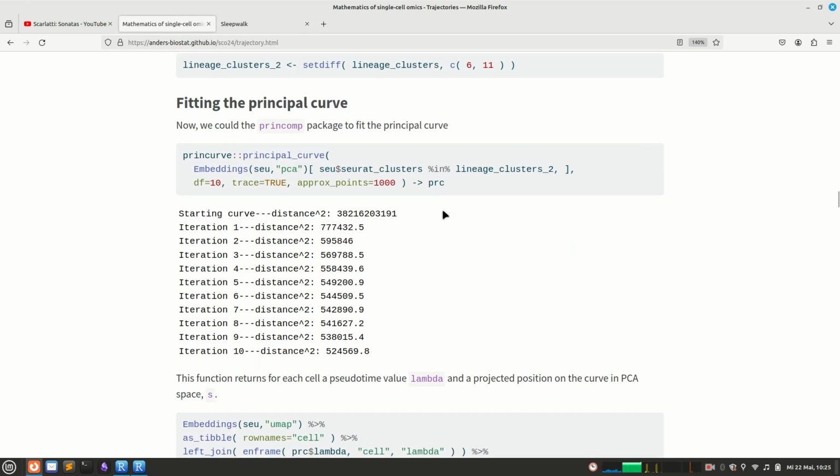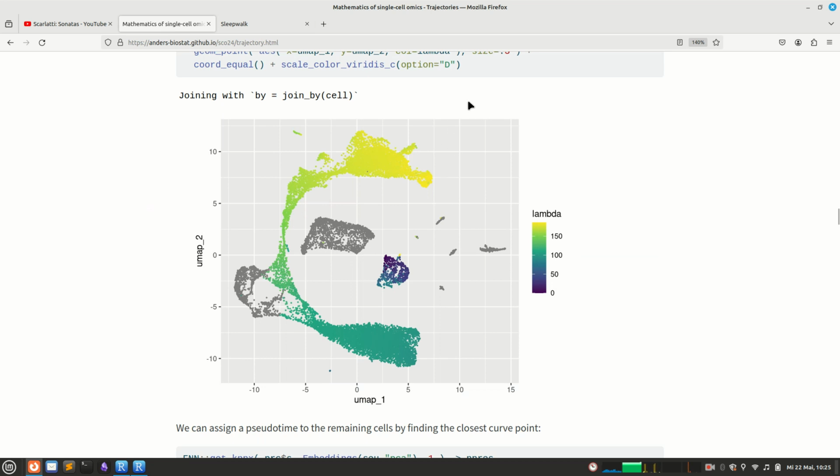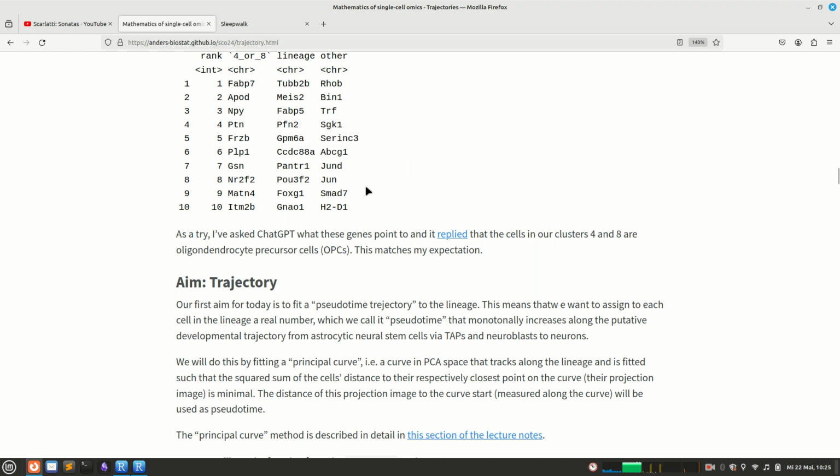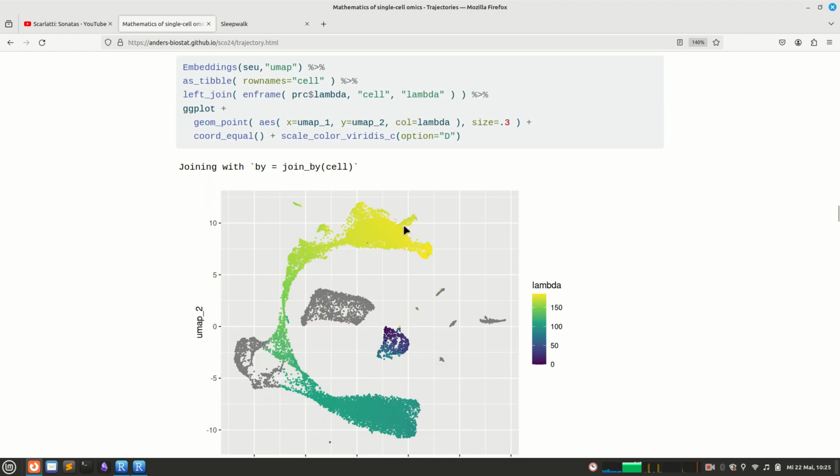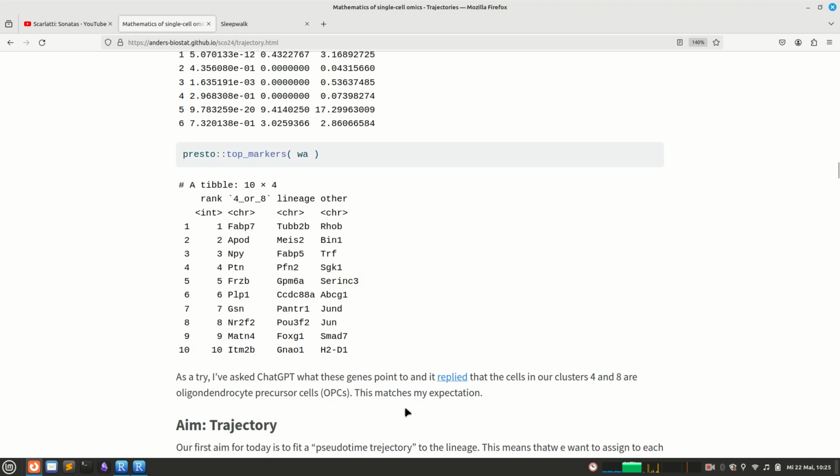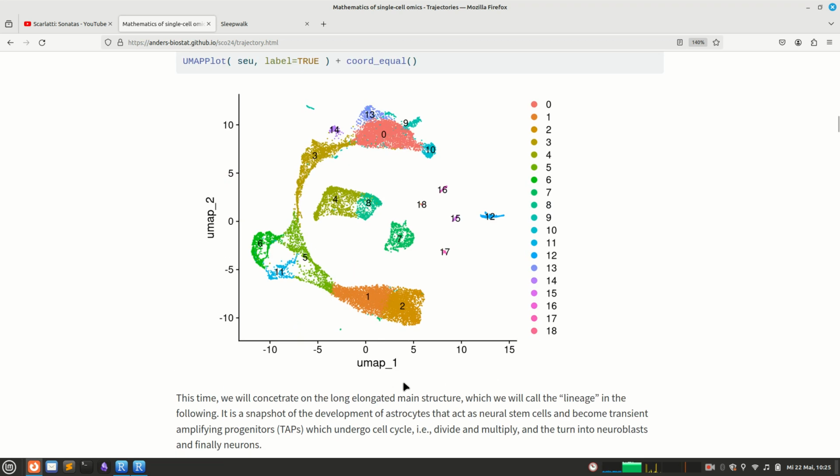And here you see this is the result we will get. We will call a function from the principal curve package to calculate a principal curve along here. And for this, what I've done, I took all the cells which you now see highlighted in color, so all the cells in the lineage